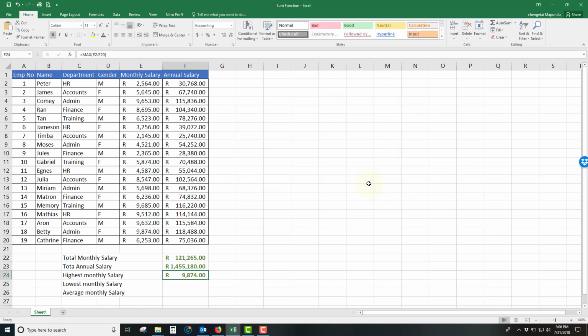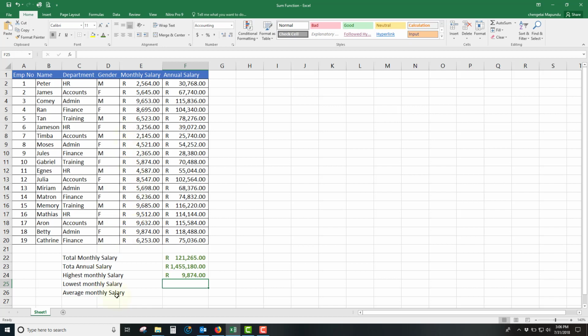Okay, I'm going to click OK to see the results, and you can find that 9,774 is the highest paid employee. If you check on these numbers, that should be the person who is the highest paid employee, which is Betty in this case. Okay, I can also do the same thing that I did with Sam. I can say is equal to max, and max comes here, and then I can double click max, and I will give it the range, and then press enter to get Betty's salary as the highest of the salaries for